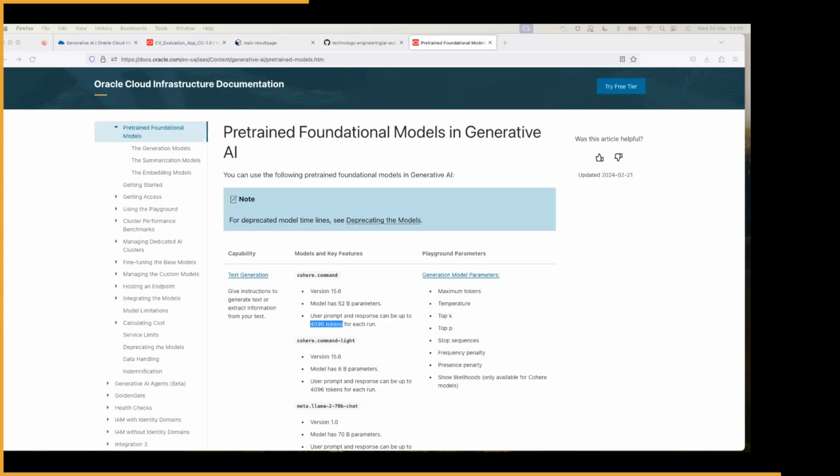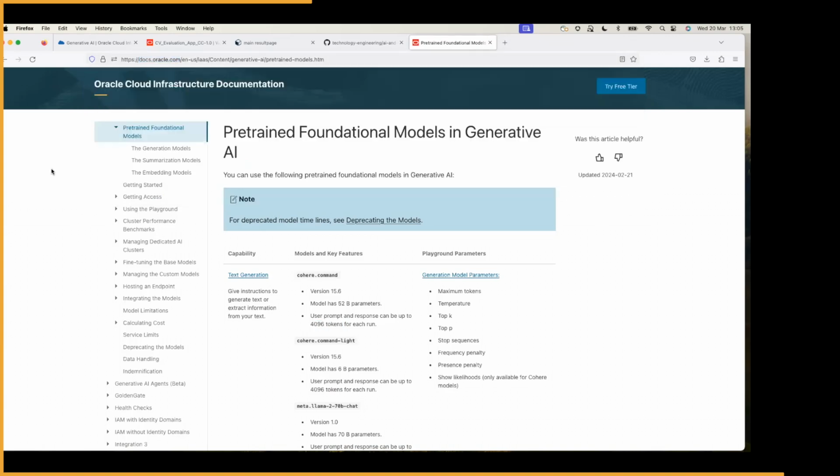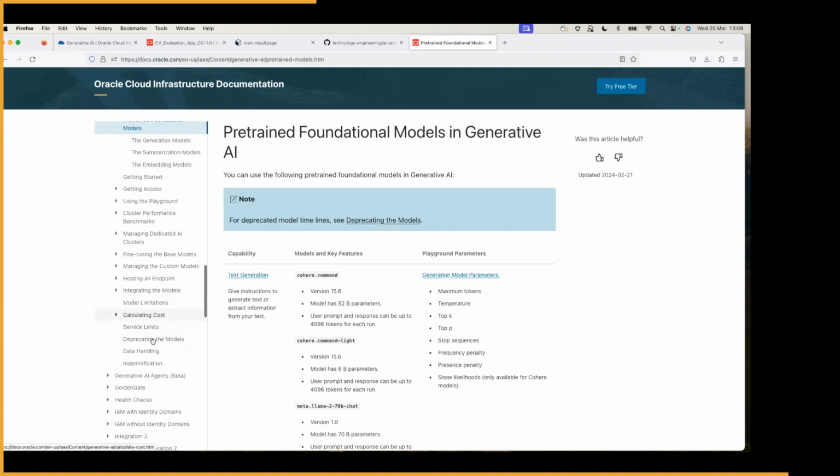So everything and all our services are documented, and the documentation for all of our services, and not only the AI services, is publicly available under docs.oracle.com. So here, for every service that we have, each product Oracle has, you can find the relevant documentation for it. And there you can find details like all the languages that are supported, what the limitations of the services are. Also, you can find some examples,